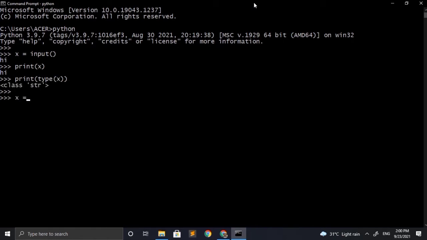The input function in Python is basically a blocking function, so it means it will halt our code execution till the time we have given the input. Here I have given my input as 12, which is an integer, but the input function will automatically convert it to the string class. The input function automatically converts everything to the string class irrespective of our input.